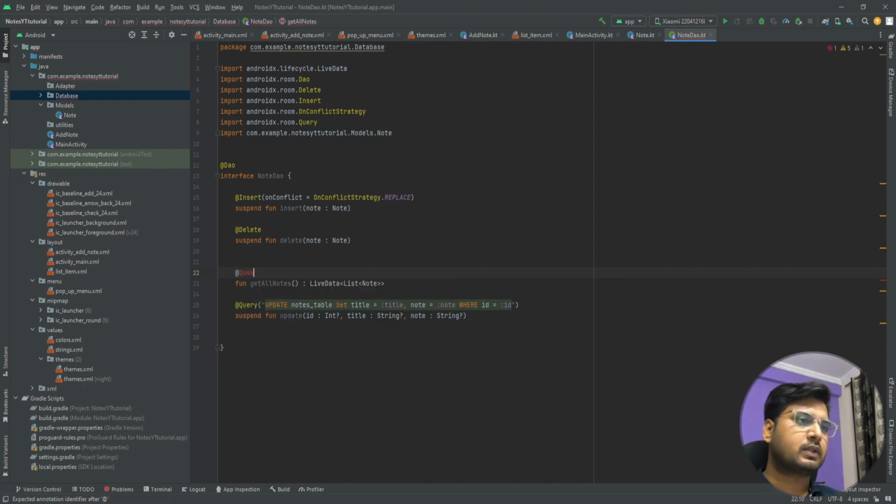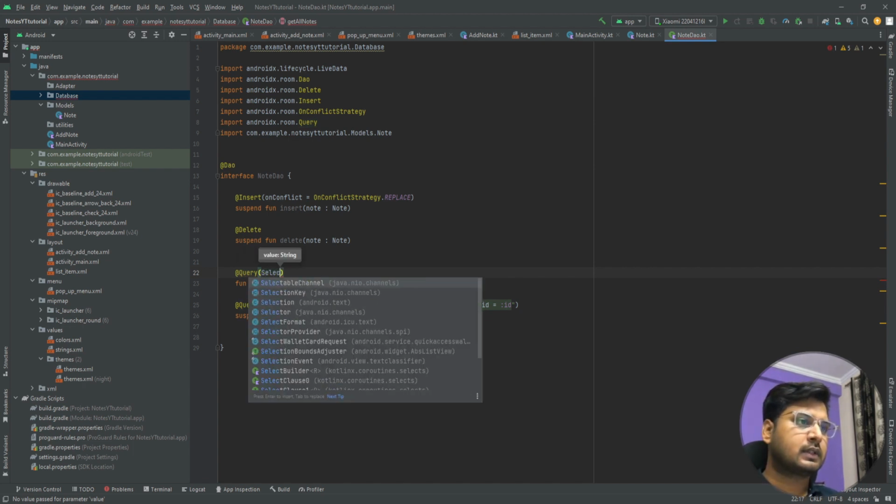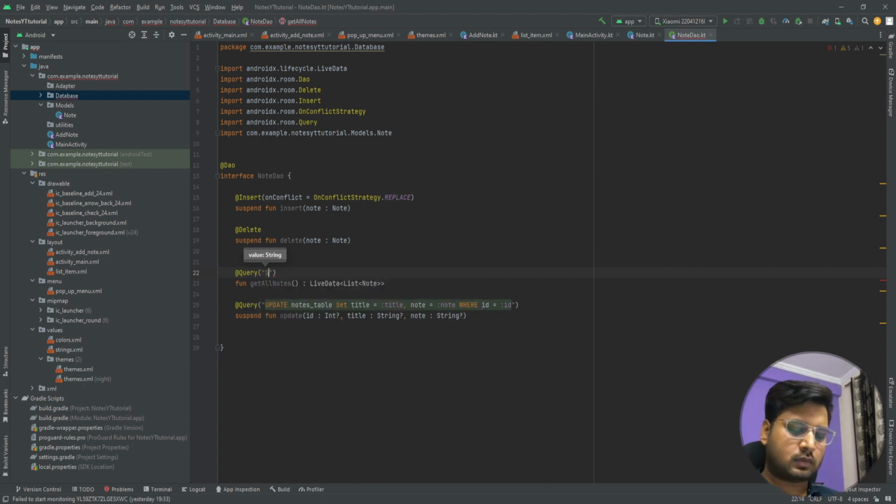we need to pass a query: select all from nodes table, and we want to order by ID ascending, right? So whenever this get all nodes method will be called,